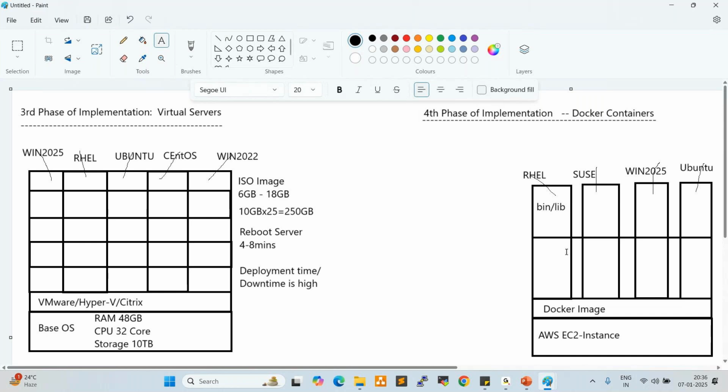For example, we book groceries through Zepto, Dunzo, and within 10 minutes we get the groceries. Because in the backend, they have very good infrastructure like Docker or Kubernetes. When we raise a request, it is processed immediately.